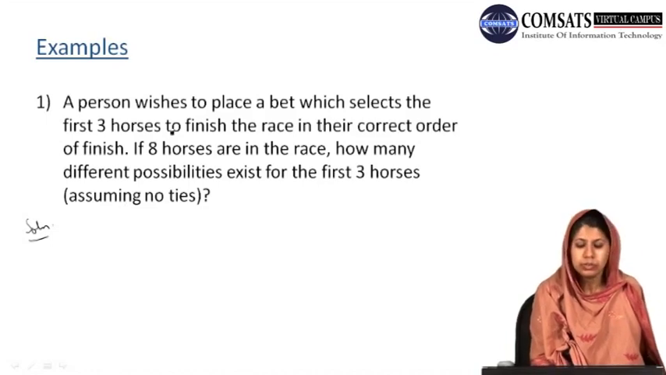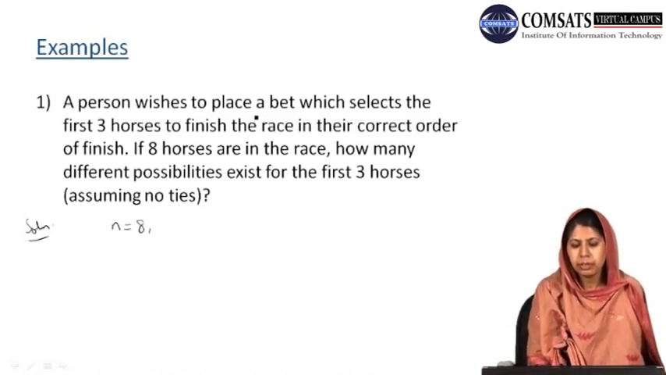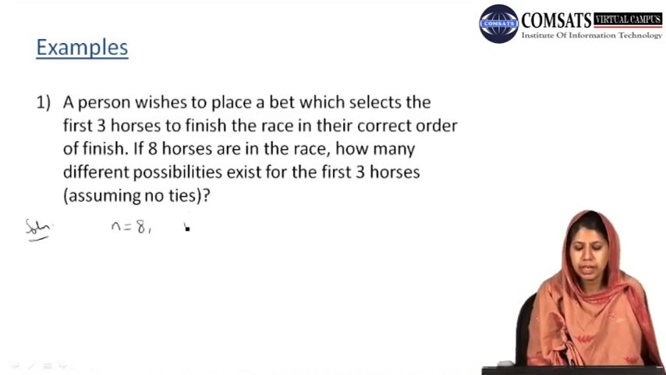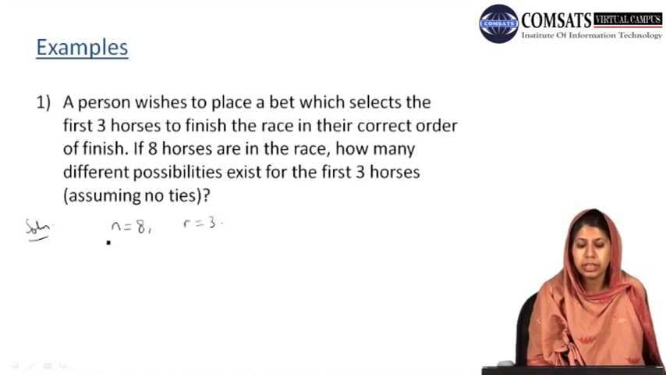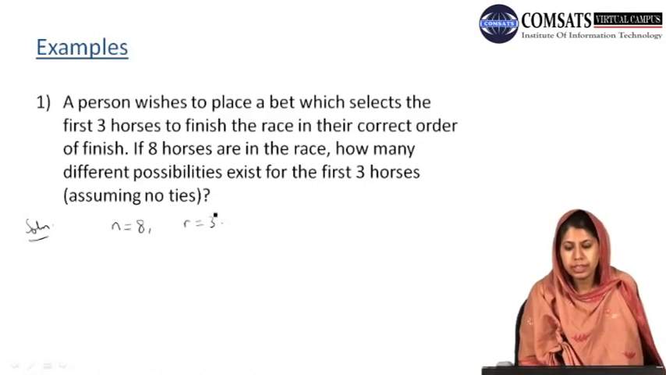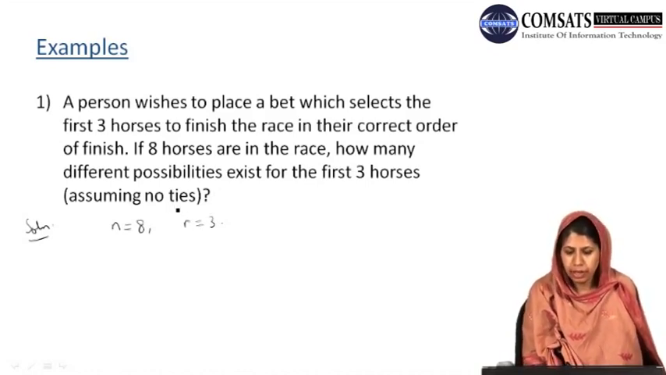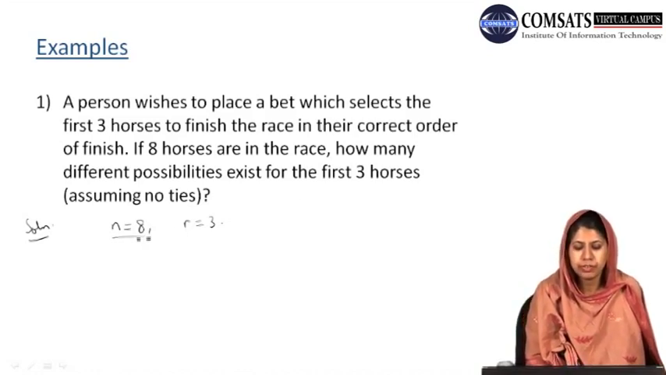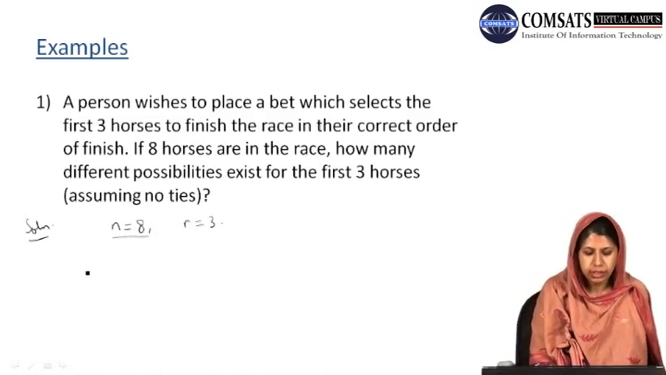Now we are given 8 horses in total, so n is equal to 8, and a person wants to place a bet which selects the first 3 horses, which means that our r is equal to 3. That is, we have taken the first 3 horses from the 8 horses, which finish the race in their correct order of finish. And what are the different possibilities of obtaining the first 3 horses given the total number of horses is 8? Then we have to find our nPr, which is equal to